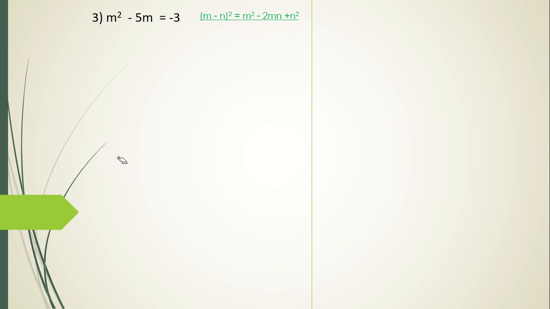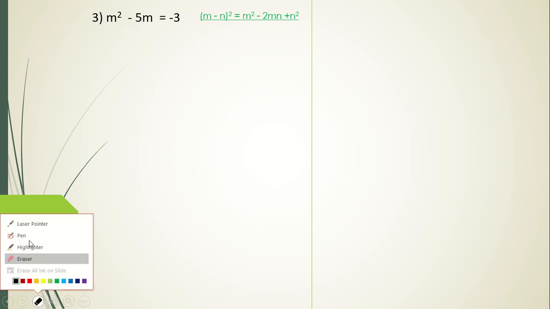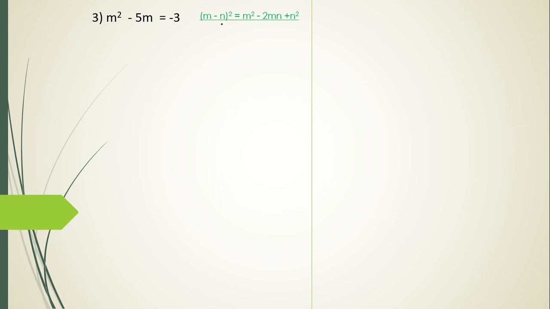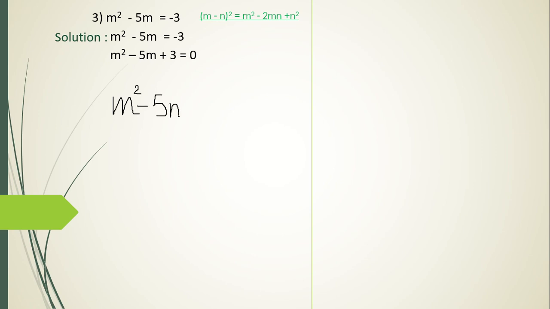Next one. Now here, since we have minus, we have compared that with the minus formula, m minus n the whole bracket square. But before that, the first step is to rearrange the terms. So just bring that minus 3 to this side, it will become plus 3. Okay, now just compare these two first terms with these two first terms. So that's m square. Now remember, here we have m, so don't take x terms here, whatever is given in the question, that only you have to take.